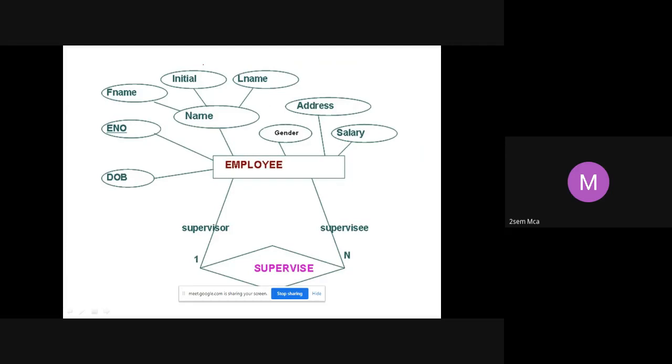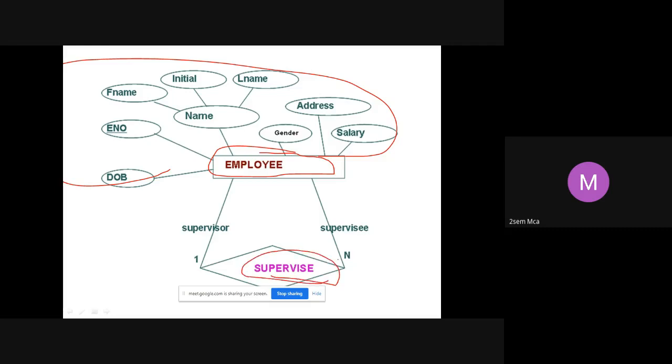Look at this. This is an example of a recursive relationship. I want all of you to concentrate. Now, what is a relationship? We have here only one entity, which is employee. Employee is an entity. Of course, employee has so many attributes. All these are different attributes which are there as part of your employee. Let's leave that. Now, come to the relationship. How many relationships are there here? There is only one. Supervise is a relationship. There's only one relationship, mind you. And there is only one entity. Correct? Now, this is a recursive relationship.